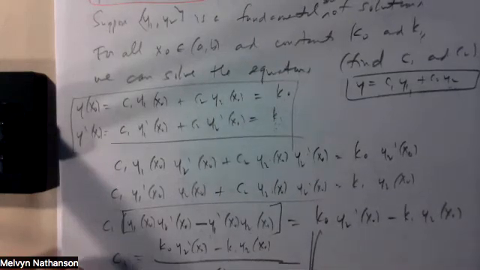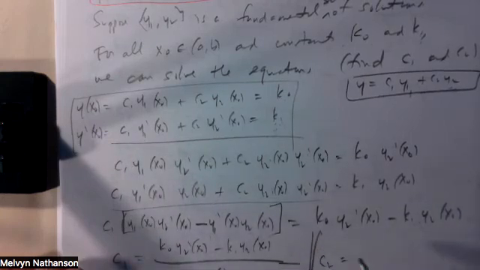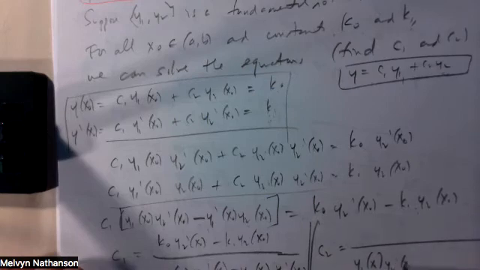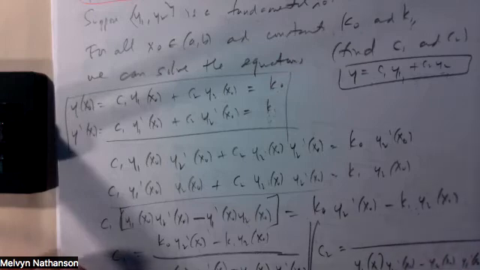If I cross multiply, I get this equation. The only way this equation is solvable for all possible choices of k naught and k1 is if this is non-zero. If I eliminate C1 and solve for C2, I would get C2 is equal to, I have the same denominator, y1 of x naught, y2 prime of x naught, minus y2 of x naught, y1 prime of x naught. And my numerator is